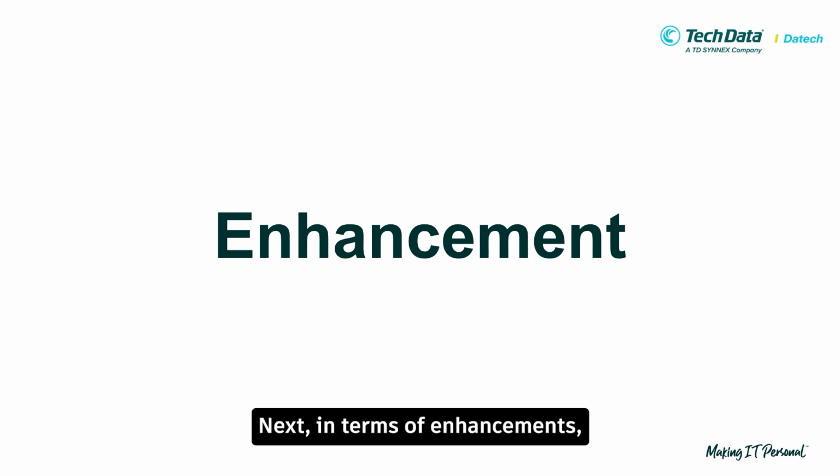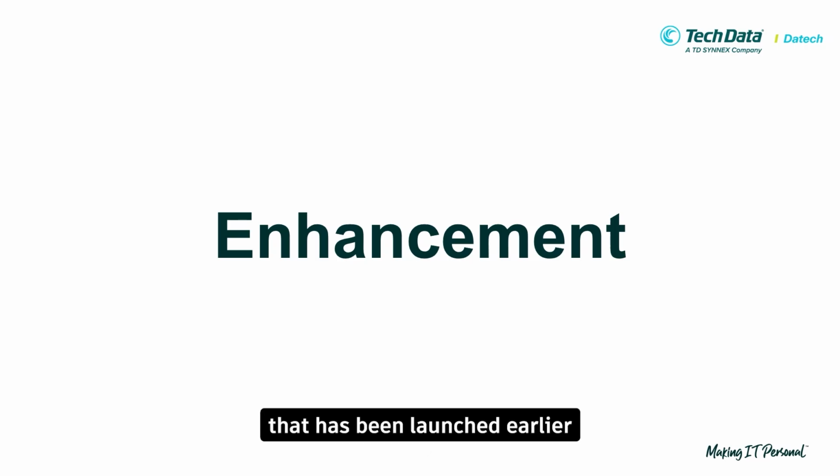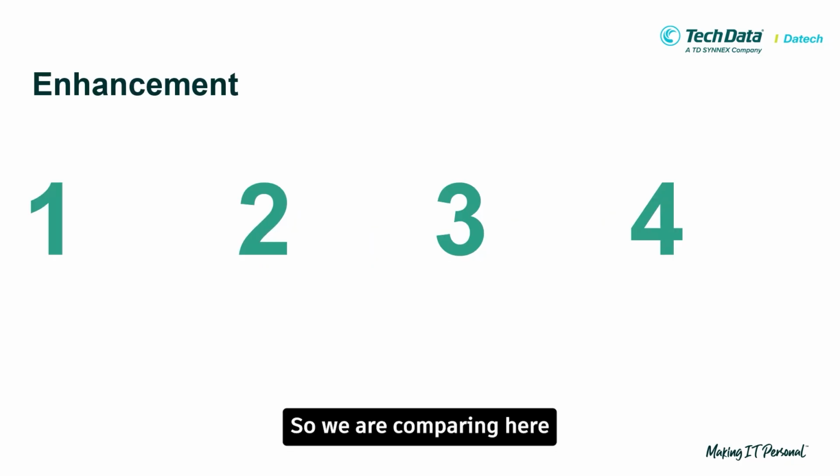Next, in terms of enhancements, whenever a software has been launched, more enhancements are produced. Specifically for AutoCAD Plant 3D, we are here to compare four top versions that have been launched earlier, starting with 2023, 2024, 2025 and 2026. So we are comparing all four different versions of the AutoCAD Plant 3D toolset, so we can find the major updates and enhancements that are available, starting with the current version of